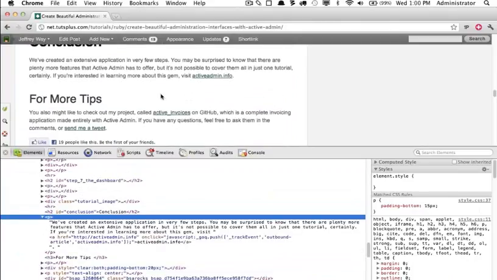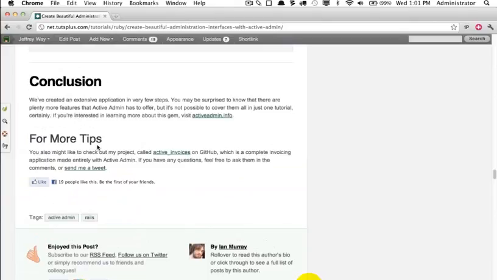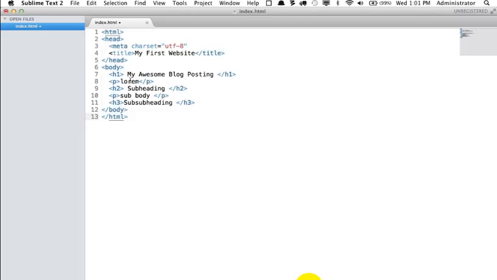Now you can see that it's going to automatically receive any formatting that NetTuts has set up for heading 3 tags. So we have a heading 2, and then a nested heading 3, because this isn't quite as important. We need to specify this whole chunk is our conclusion, but then we have a little bit of extra notes. So you have heading 1, 2, 3, and 4. Those are predominantly what you'll use the most. H1, H2, H3, and H4. But if you can, try to use H5 and H6 as well, because these are very helpful for Google's bots so they can figure